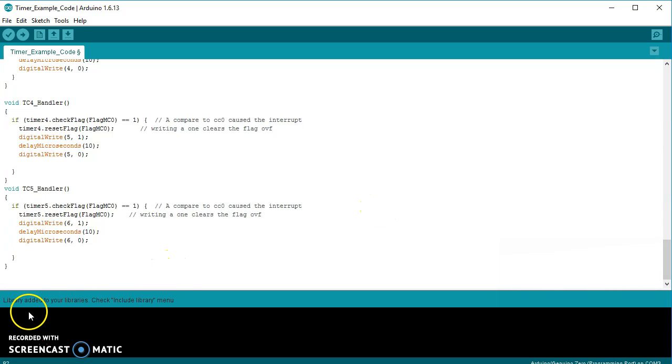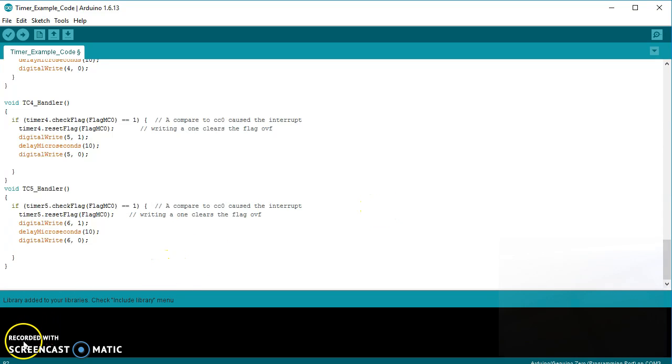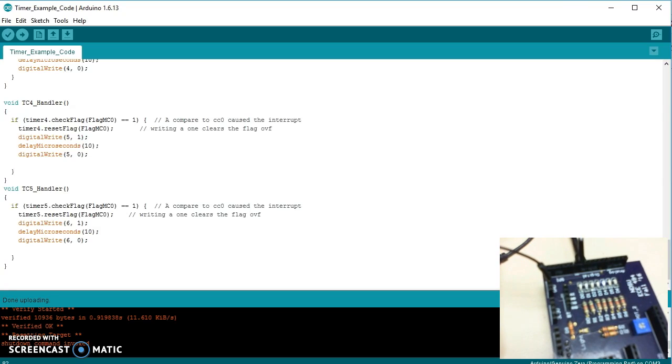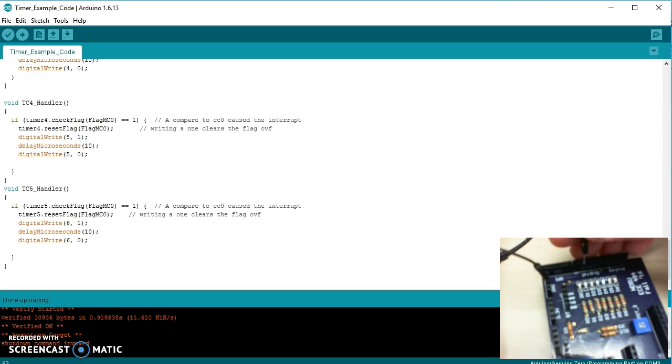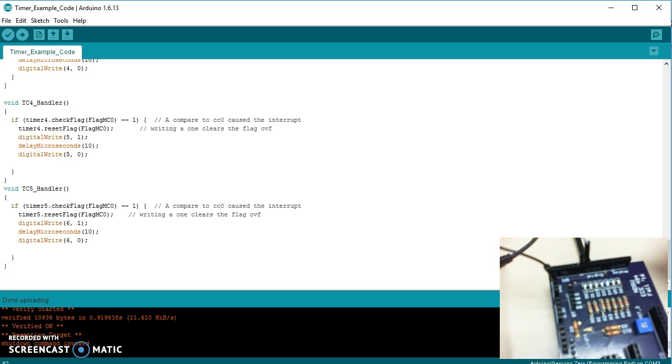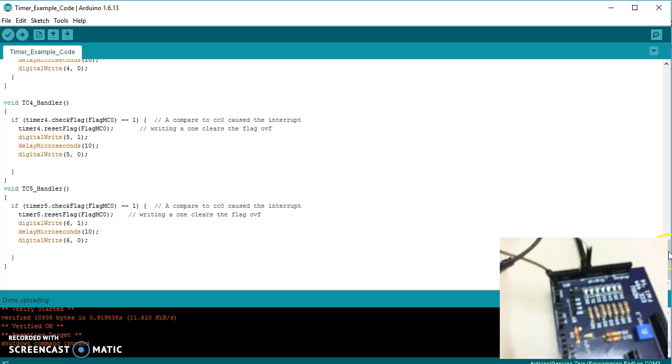So now we're going to turn on the webcam and show you what this looks like on the oscope. Okay, so here we're looking at our PCB board, and as you can see, I have this oscope pin. I'm plugging it into pin 1. And now if we look at the oscope,